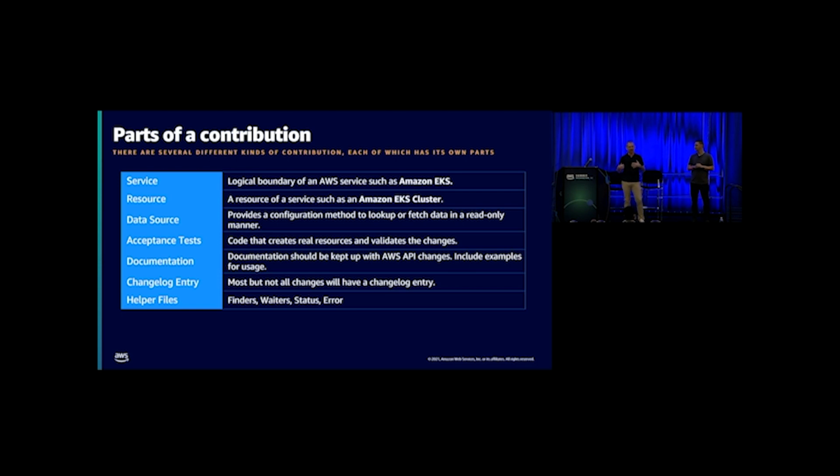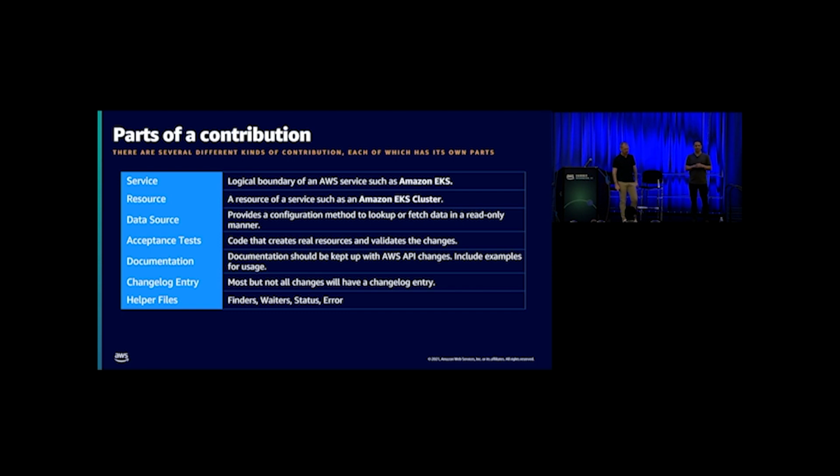Oftentimes, people make documentation updates. I feel like Terraform's documentation and their examples are stellar. I feel like they're really the gold standard for being able to go find something, not just for that service, but other services that it interacts with. If you've been doing something in Terraform and you thought it was really cool, make a pull request to the docs. Add it to the examples. Let other people share that knowledge with you. And that's a great way, low friction, and a quick way to get merged and to be shown as a contributor into that repo.